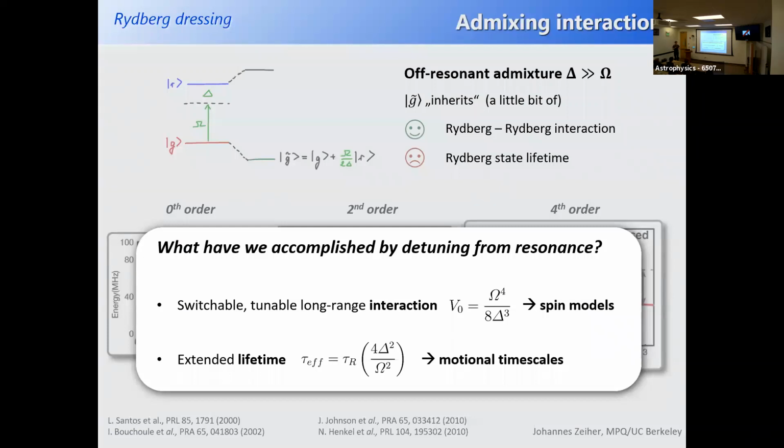Whereas in the case before, it was either all or nothing. So either you were in the Rydberg state and had full interaction, or you were in the ground state and had no interaction. So this is kind of a new thing that light-induced interactions give you over the bare interactions. And this is actually also what I'm going to focus on in the next couple of slides, because we of course have to verify first that this concept works, and we do that in this spin model.